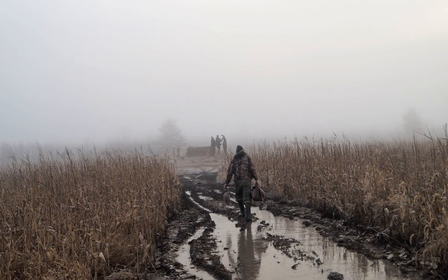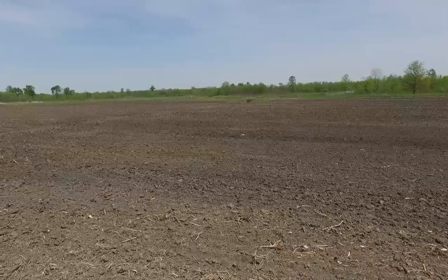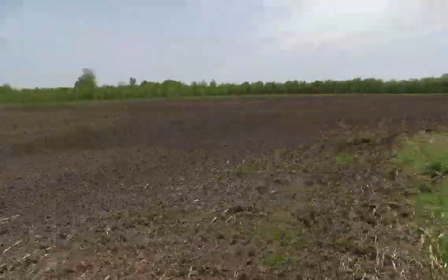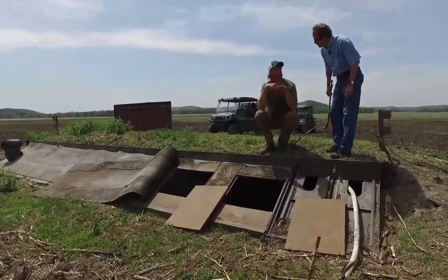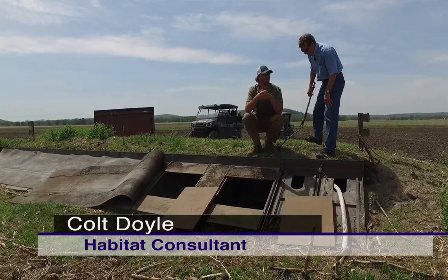Well, those are water control structures that we can actually manage the water level in here, depending on what stage of food we're at, and not putting too much or setting it to a set level where it can overflow. Because a key, what makes this spot here very, very